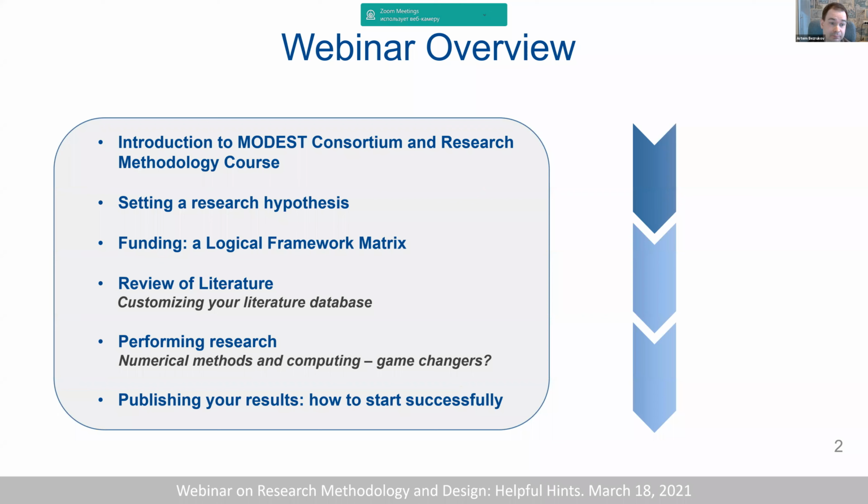of the Modest Consortium, and also some helpful hints our team of developers proposes, and also my personal experience, some of my personal stories, which may help PhD students boost their research or communicating their scientific results. So the webinar overview: we'll first introduce the Modest Consortium to those who are not clearly aware of its structure and tasks, and then I will proceed to